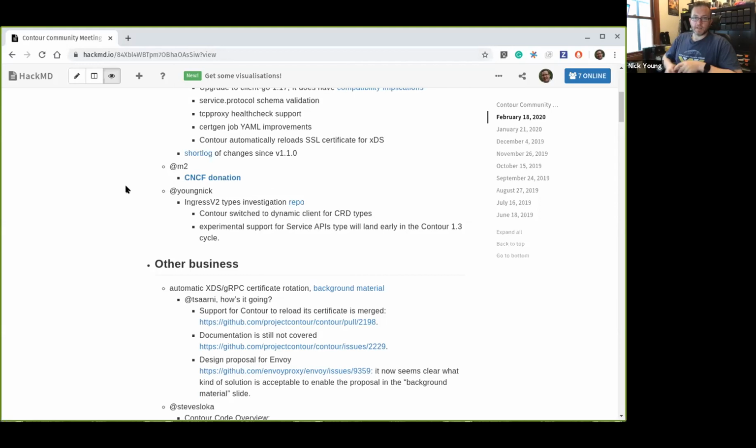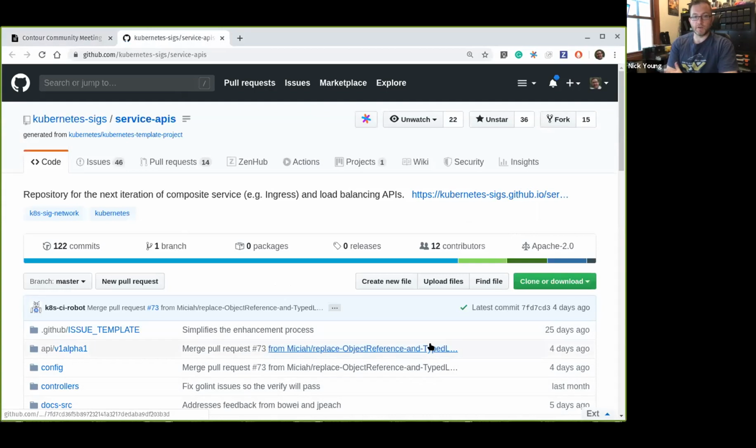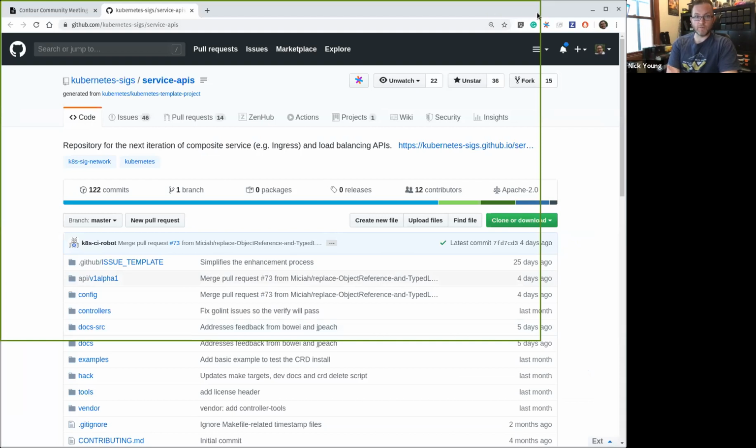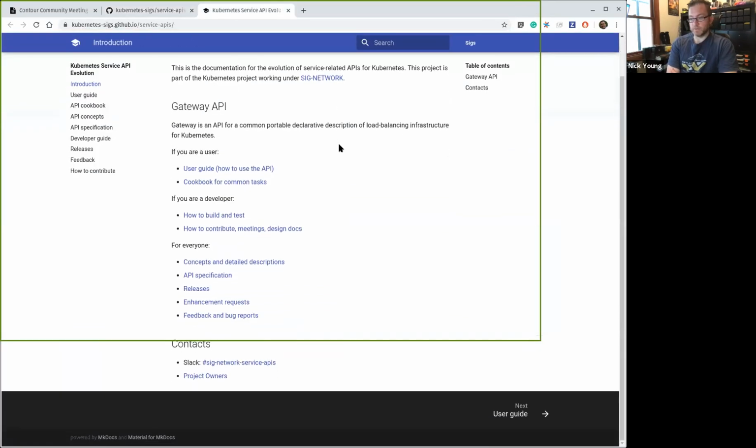Okay, well, I guess I'll start then. In case there's anyone watching this who doesn't know already, the service APIs is the sub-project of SIG networking to build a replacement for Ingress, a next generation Ingress. It's going to cover a lot more use cases than Ingress, so that's why the shape of it is a bit weird if you're used to looking at a single document that is Ingress. I think where it's at the moment is we're still working pretty hard to define a lot of the really basic functionality and how it will work and how the different constructs hold together.